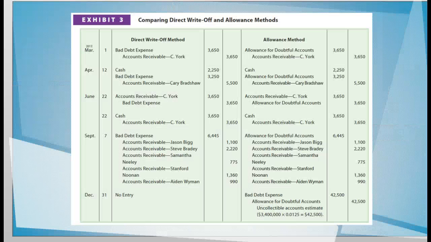And to compare these two methods, if I have a direct write-off method right here, I write it off as a bad debt expense, and I take it right off of the accounts receivable. Now, if they come back and pay it, and I think that's what this is. No, this has not done that. I'm not quite sure what they've done. So usually you have a direct write-off. If you have an allowance account,